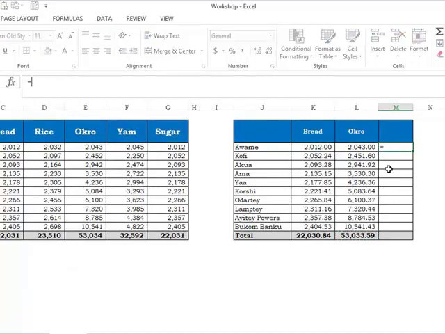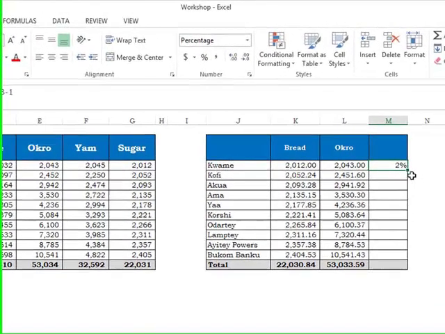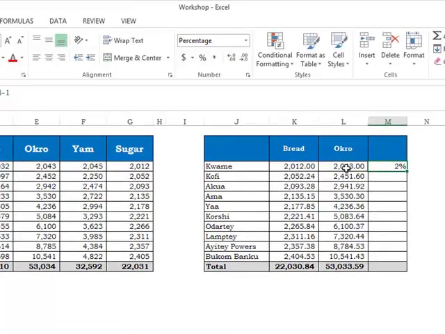What you can do depends on what you want to show. We want to see how different okra is from bread. So you just divide okra by bread minus 1, and that gives you what that means is okra is higher than bread by 2%,